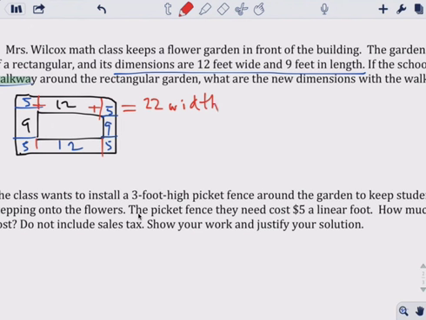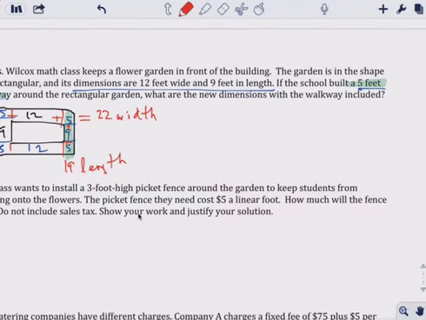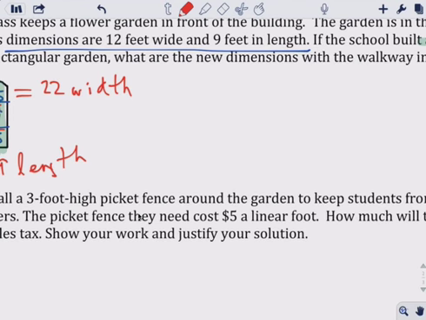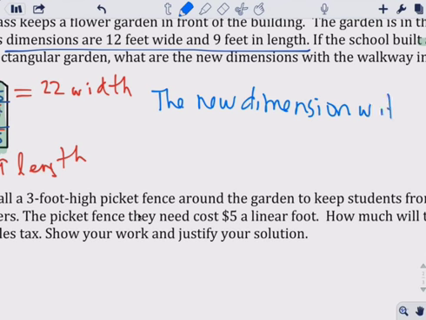Well, and then this way, 9 plus 5, not 5 plus 9, plus 5 is 19. So that is the length. So the new dimensions of the garden with the walkway